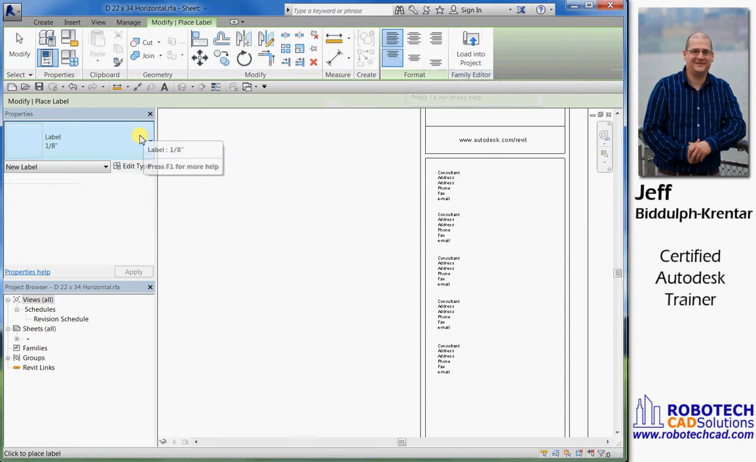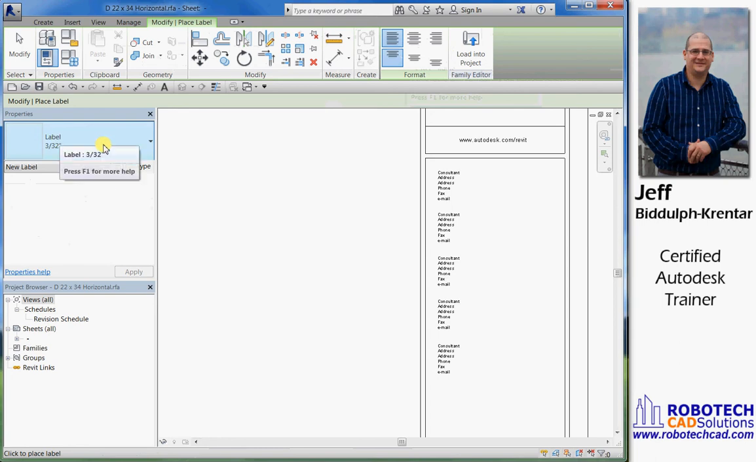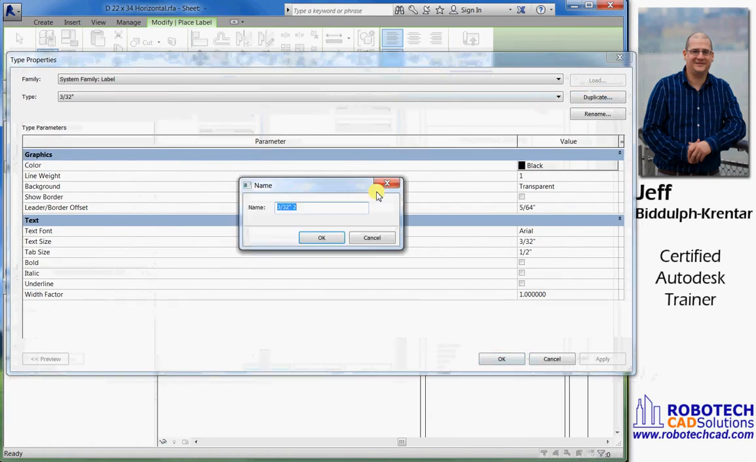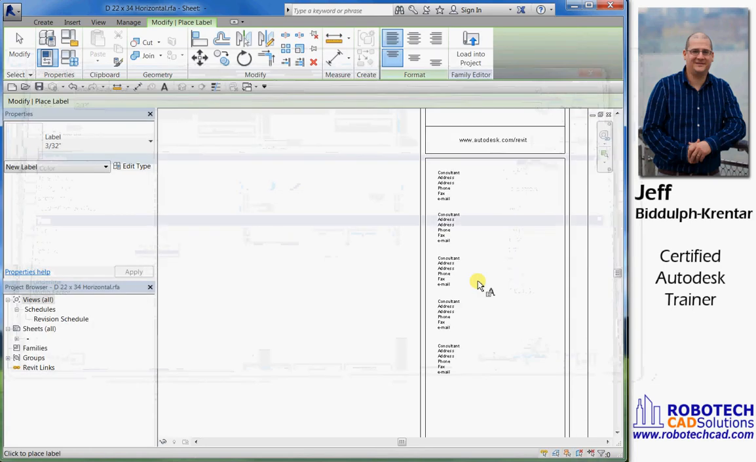I'll choose the type of label that I want to add, which is just 3/32. If the size that you need isn't in there, you can always go to Edit Type, duplicate it, give it a new name, and customize the size of the text and all of these other properties to make what you need. But the 3/32, that's what's going to work for us, so we're going to stick with that. So I'm going to drop the label somewhere over here,